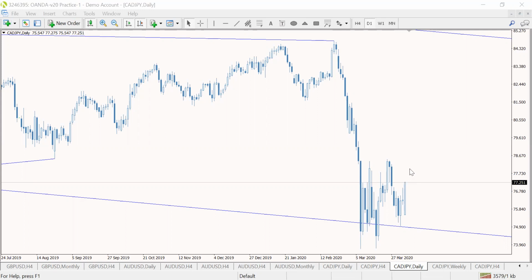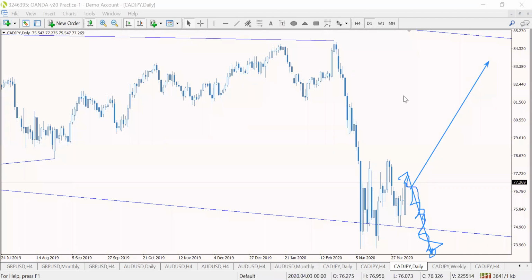That means we can get this move down. It's possible that we can get this move down or we can get this move up. So here, this market, for me, I'm only interested in this up. This one, I will not participate in it. This move, I'm not selling. I'm not going to be in this move. I'm only interested in that one.